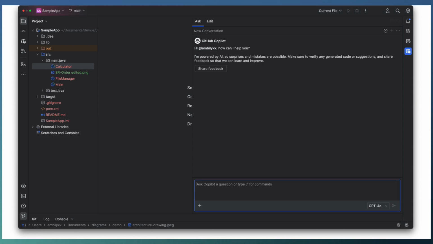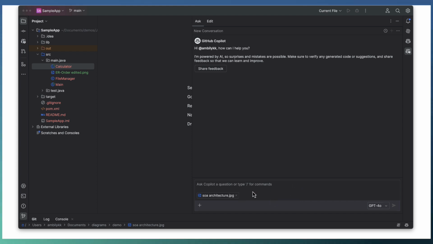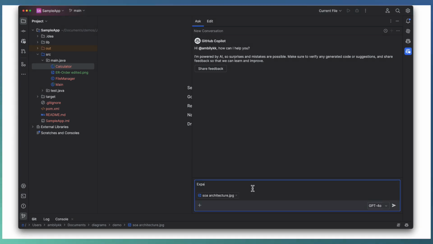Let us start with our first use case in IntelliJ. We can either drag and drop the images into the chatbot, or attach them as a reference to your prompt. Let us start with an SOA architecture. I am going to drag and drop the architecture and ask Copilot to explain this architecture.